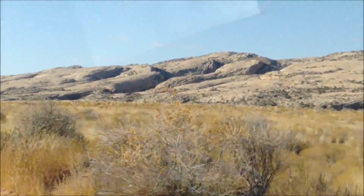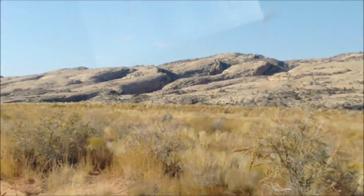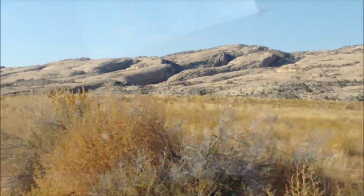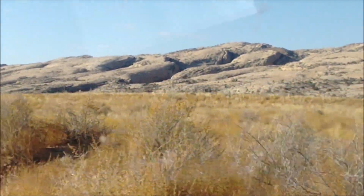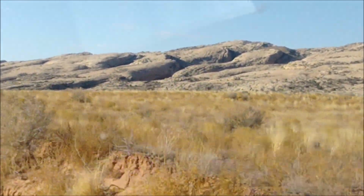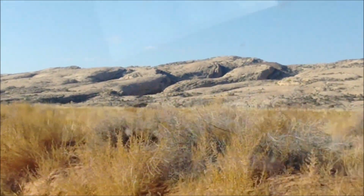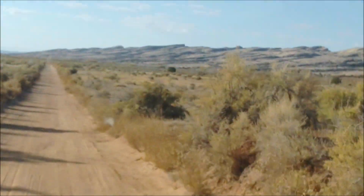As you can see, there's a series of canyons, one after the other, and when you look at it on the map from above, it looks like a comb with